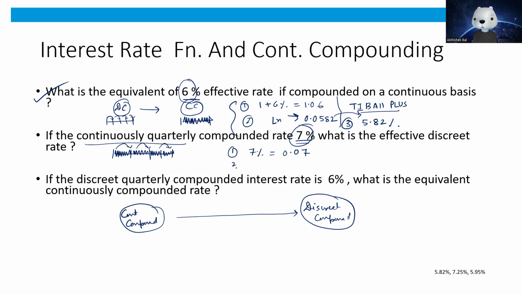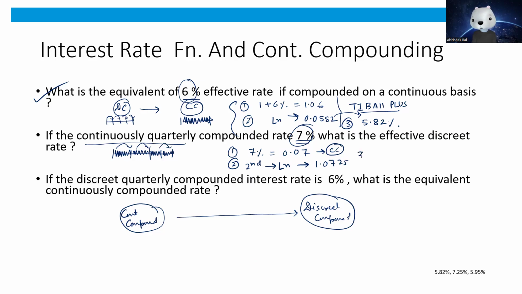0.07. The second step is press the button second and press the ln. All that you're doing is taking the anti-log of the given value, because to remember, this 7% is on a continuous compounding, not on discrete compounding. We are to revert to discrete compounding from the given continuous compounding. So I want you to press second and press ln, and you're going to get a value of